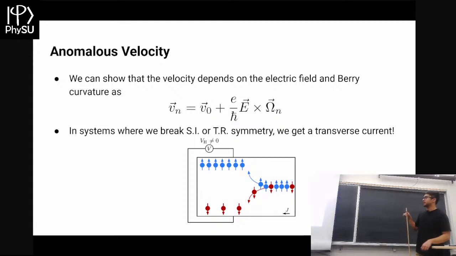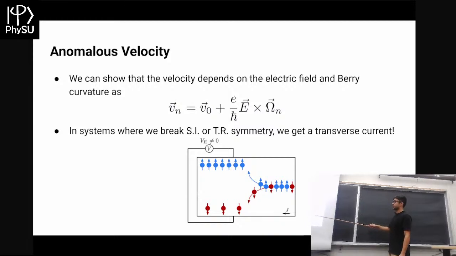what you get is that if you have an electron in the nth band, some band, you'll get some velocity, it's a constant, but you get this term out here at the end. So omega n, that's just the Berry curvature of the band. This is a connection between the topology and a physical phenomenon which is directly observable. If you have some finite Berry curvature in your system, you will get a physical deflection of these spins depending on whether they're up or down. And in this system here, this is sort of what it would physically look like.